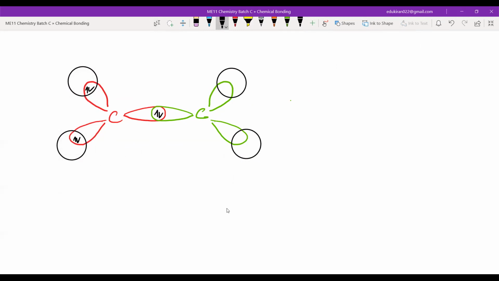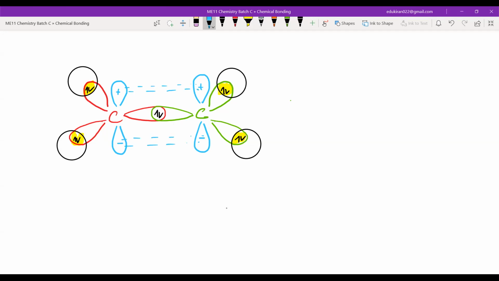So we are done with all of the sp2 orbitals, correct? Yes or no for both of these carbons? Yes, sir. Now we are just left with the p orbitals. So I'm writing the p orbitals in blue. This is the pure p, and please listen. This is the plus phase, this is the minus phase for the pure p, and this will also have a plus phase and minus phase for the other carbon. Then this is the overlapping.